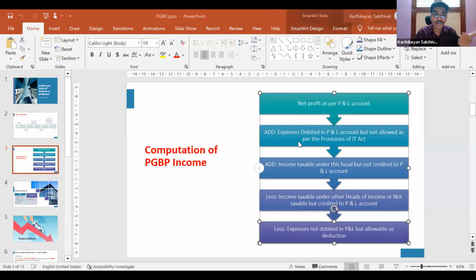Next, there is one more concept in relation to this depreciation, which I'll deal with in the capital gains chapter, capital gains on sale of a depreciable asset. I'll just deal with that in the capital gains chapter. So I guess here it is fine. First, are there any doubts?